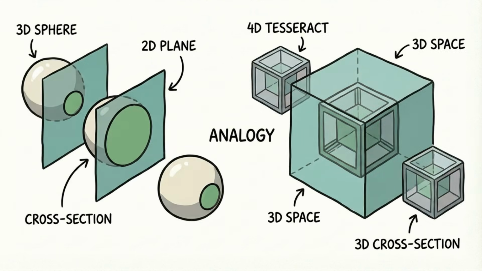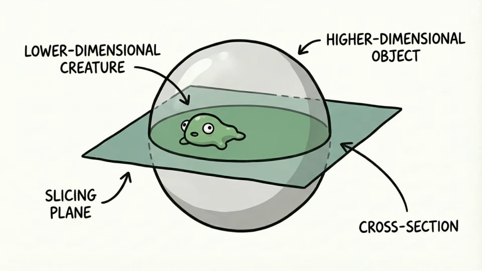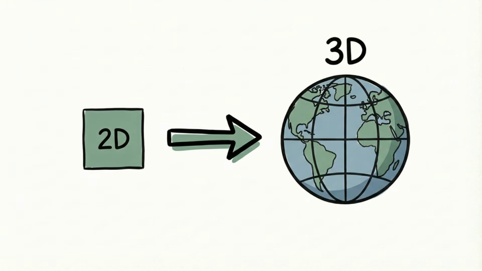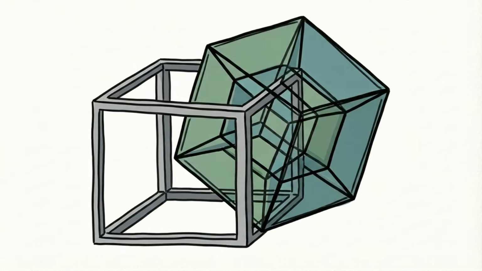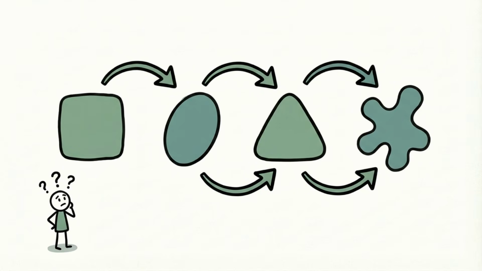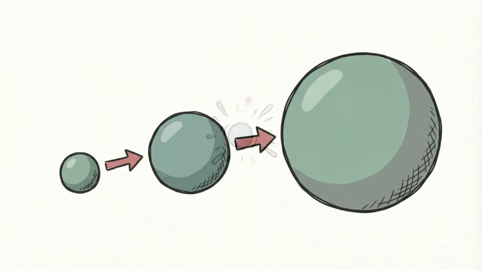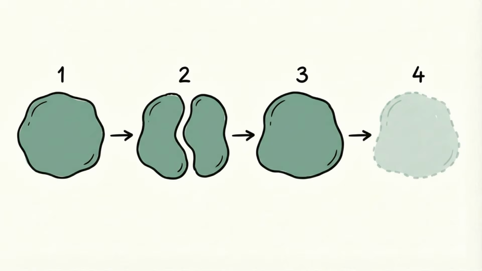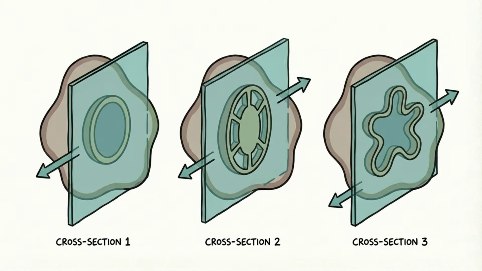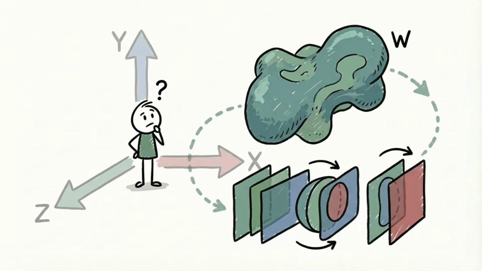That is exactly how higher dimensions work. A lower dimensional world never sees the full higher dimensional object. It only sees the slice that passes through its space. Now scale that up. We live in 3D space, so if a 4D object passed through our world, we would not see the whole thing. We would only see its 3D slices. And those slices could change in ways that look impossible. A tiny sphere might appear from nowhere. Then it could grow, distort, split into separate pieces, merge again, and disappear, not because the 4D object is changing shape in its own space, but because we are watching different 3D cross-sections of a larger object moving through a